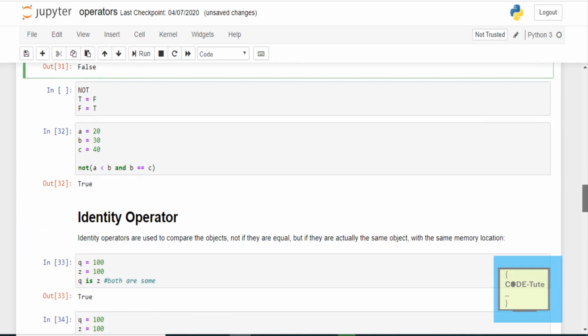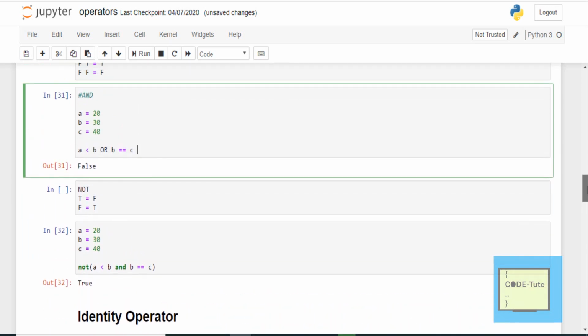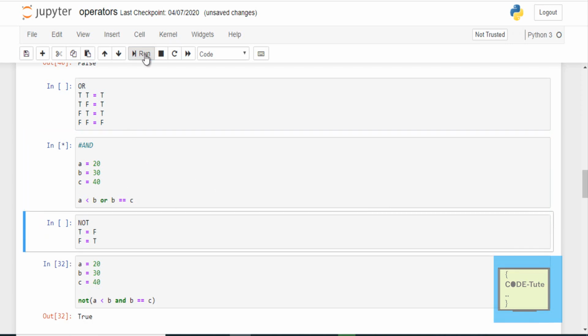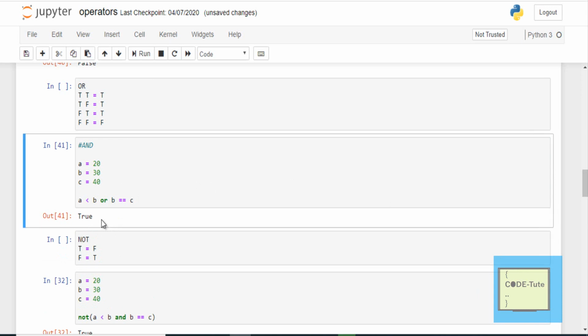Now let's run this statement. The output is true. Here A is 20, B is 30.